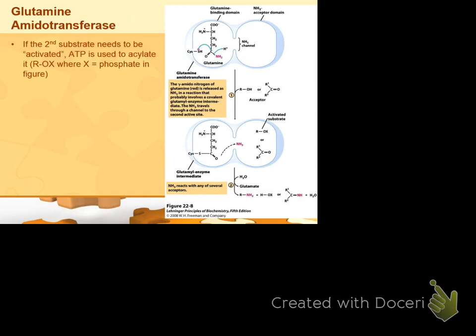Okay, so the most confusing thing about this figure from your book is the substrate here. See, it says ROX. That's because it can be from an alcohol, or it can be from like a ketone or an aldehyde. Okay, and so, but if you're going to be an alcohol, you have to activate it somehow first, because hydroxide by itself isn't a good leaving group. Whereas if it's phosphorylated or something like that, or adenylated, then it's much better.